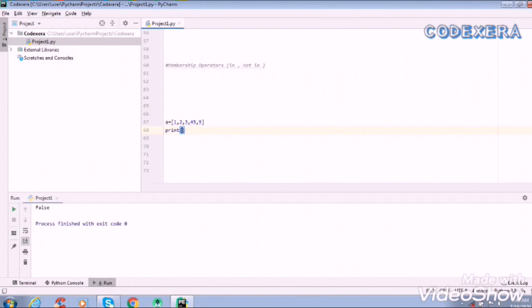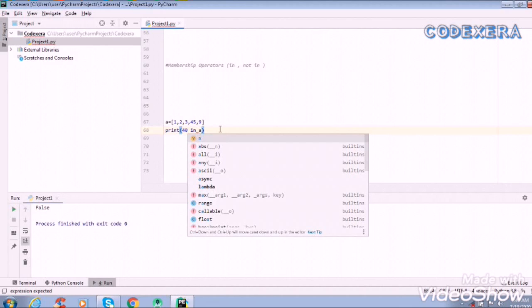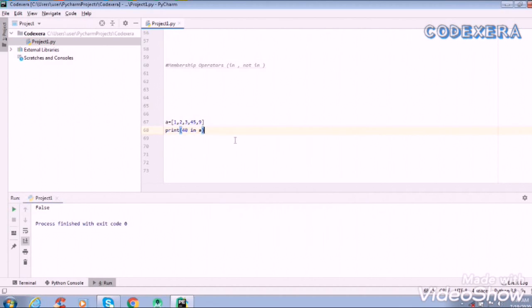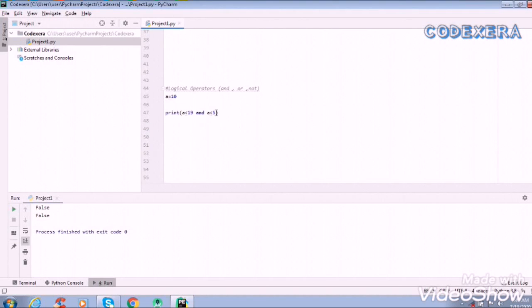Suppose we are saying 40 in A. Sorry, we have still not deleted the earlier code, that's why it is giving a true false statement.